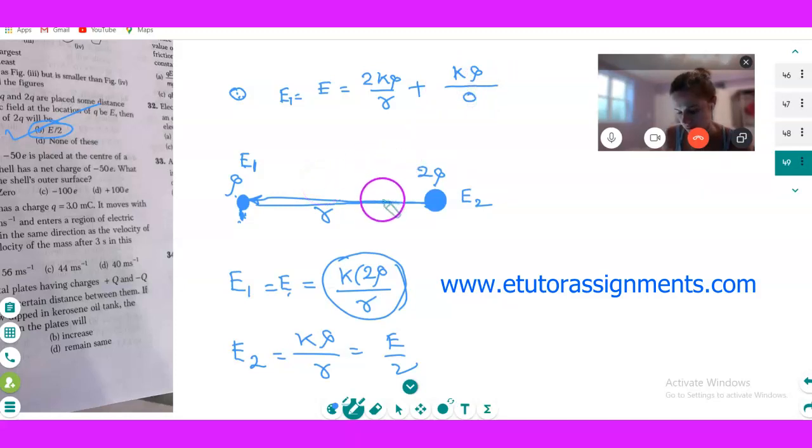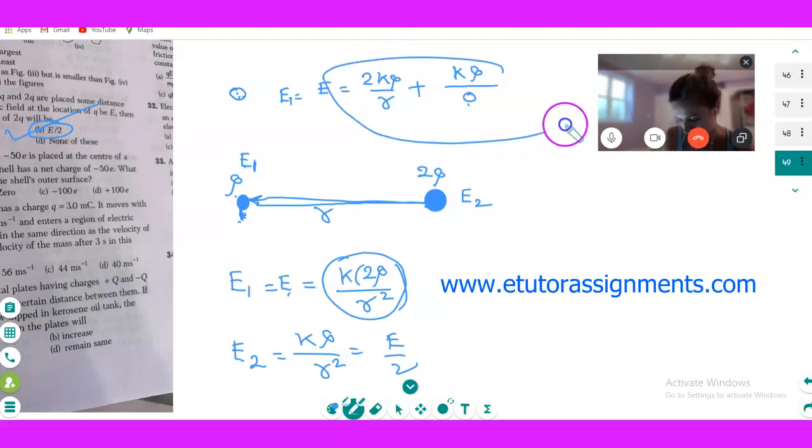Listen. See, first of all, I made the mistake. You also did not notice. In electric field, R square will be there, not R. R will be 0. What will happen? 0 at the bottom. Infinity. Is it clear? So E will be infinity. No, that is not there. Correct? None of these will be there. Is it clear? Yes. 26 number, can you do?